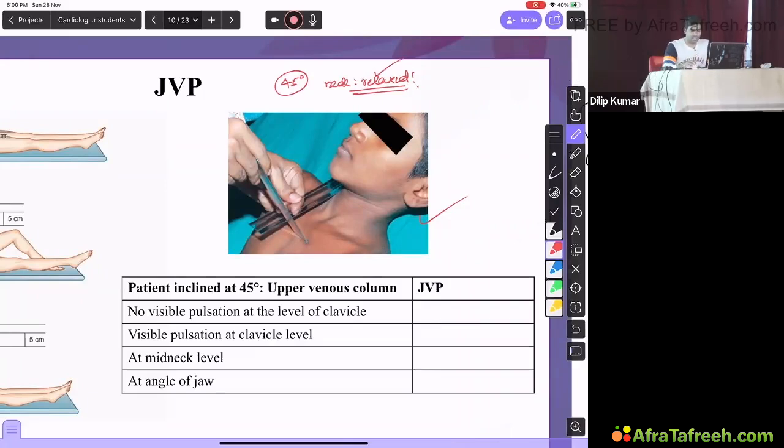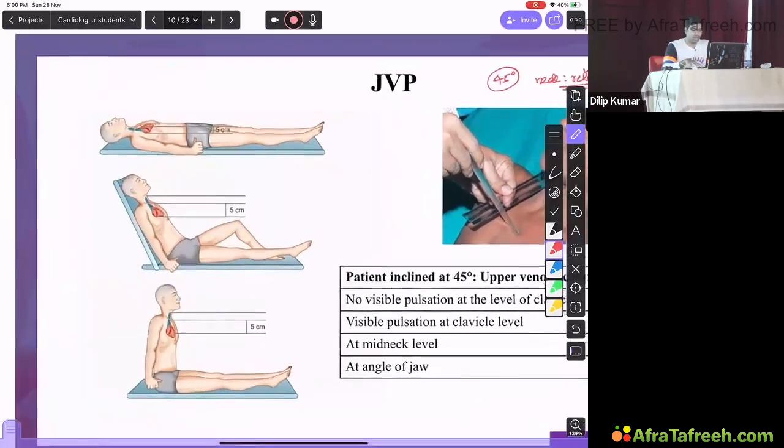That's why this picture is there. You need not turn the head towards the left, contrary to popular belief. Whatever may be the case, make sure that the neck is very much relaxed. That's all. And one more interesting thing is,